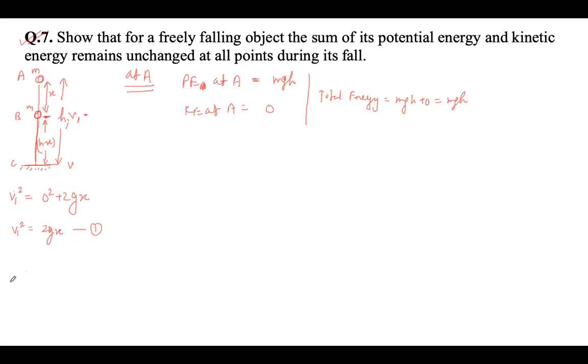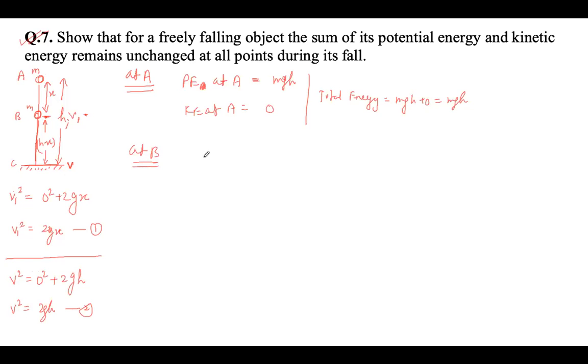ठीक है, उसी तरह, so v square is equal to 0 square plus 2gh. So v square is equal to 2gh, ये सेकेंड वाला हो गया।